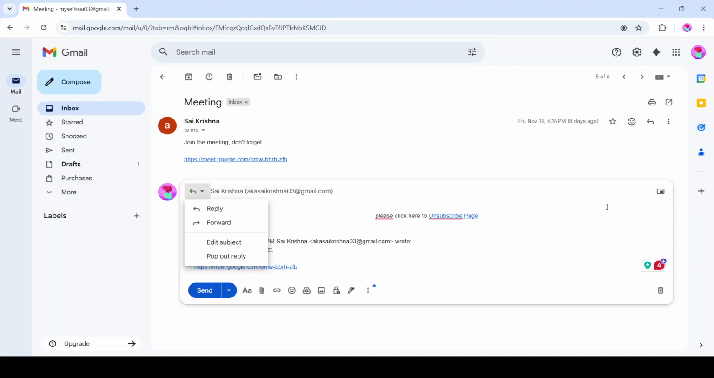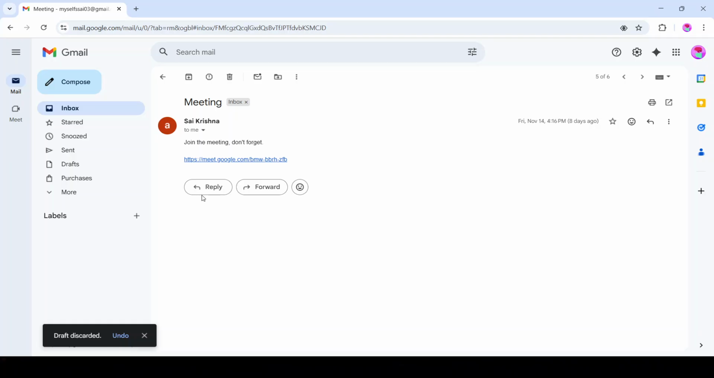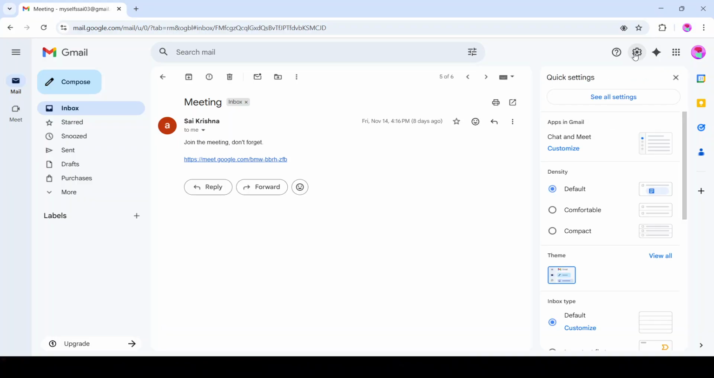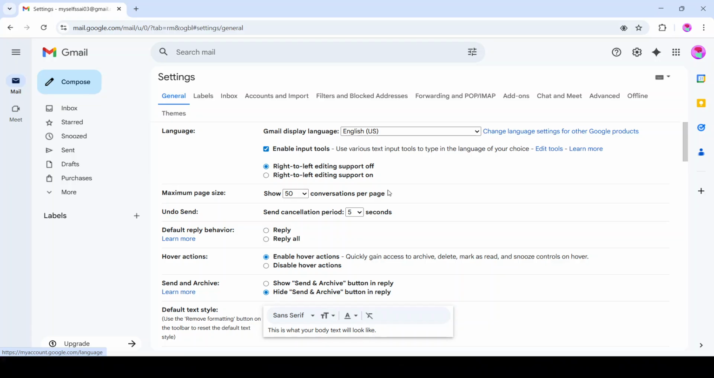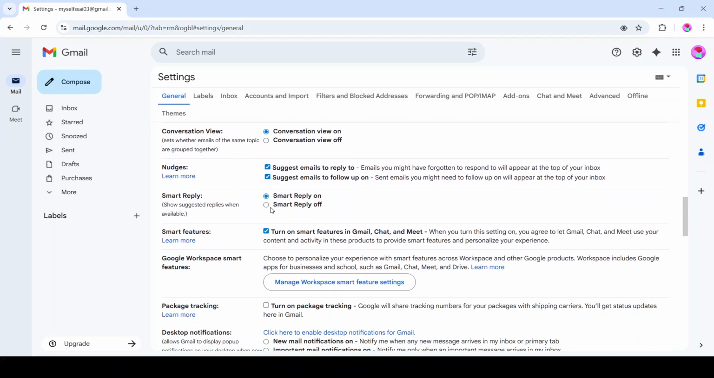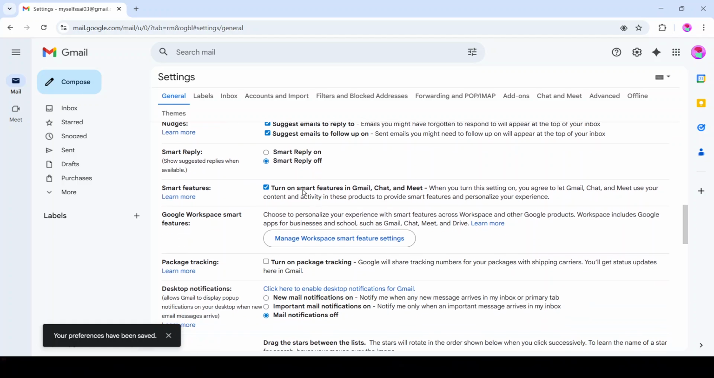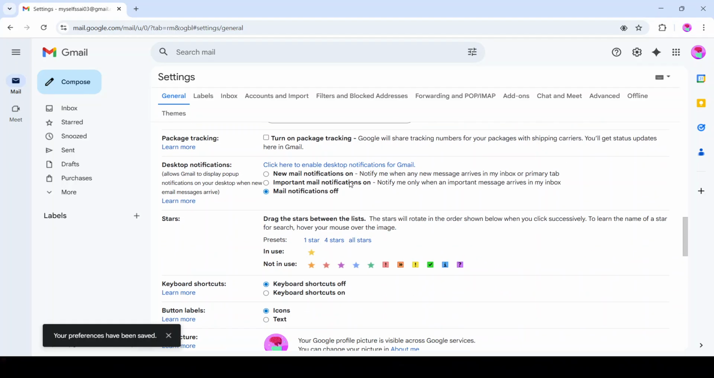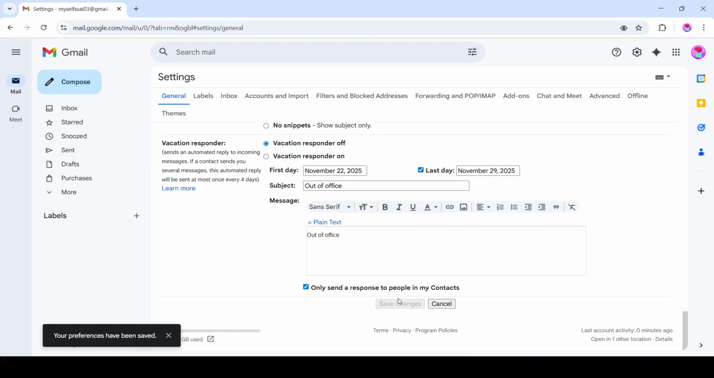If you find yourself not using Smart Reply or if you prefer to disable it for any reason, it's a quick fix. Begin by clicking on the gear icon in the top right corner of your Gmail screen and select See All Settings. Head over to the General tab. Here, you'll find the Smart Reply toggle switch. If you want to turn it off, simply select the Smart Reply Off option, and make sure you scroll down and save your changes. This will prevent Smart Reply suggestions from appearing in your inbox until you decide to enable